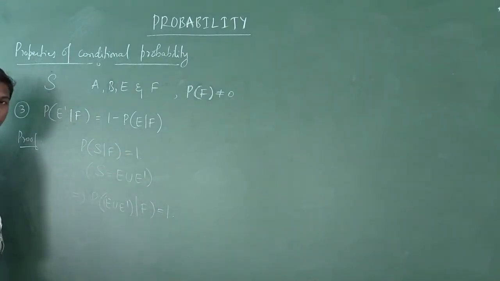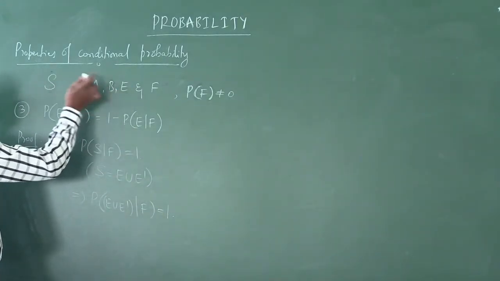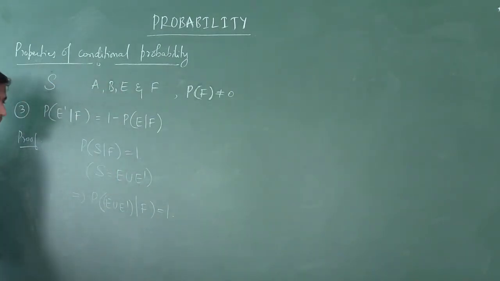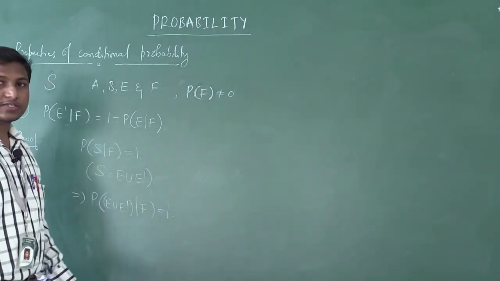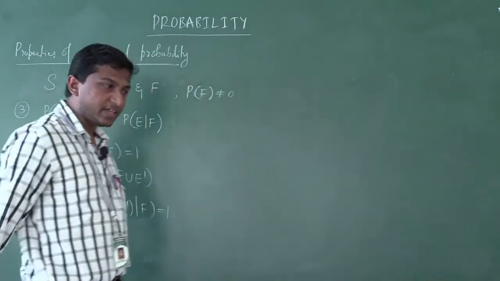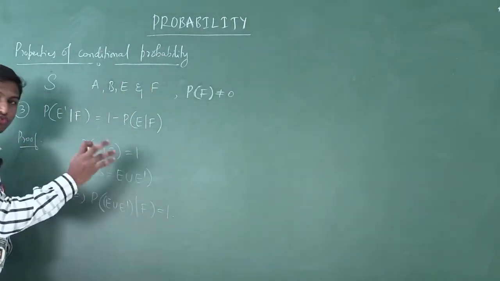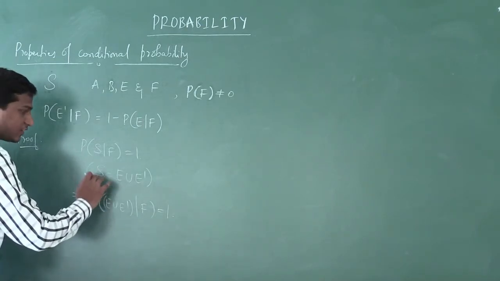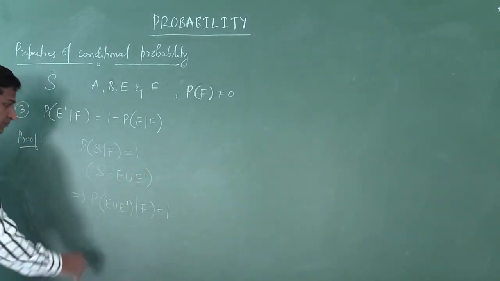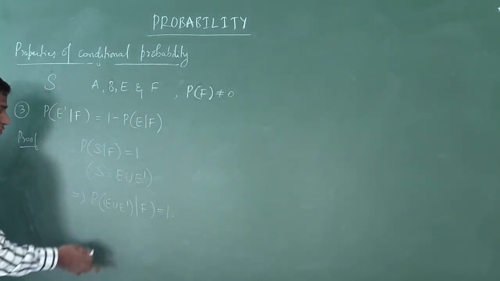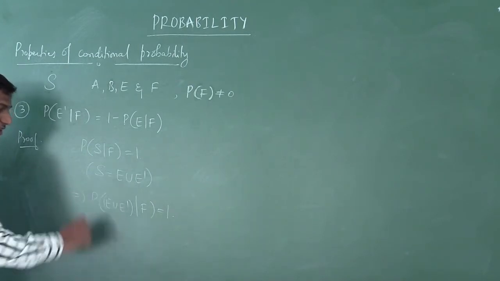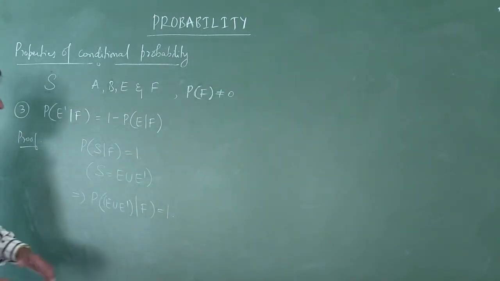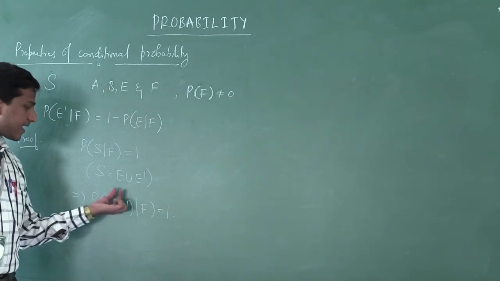But what else do we know? E is an event of sample space S, meaning it is a subset of the sample space S. What is event E dash? It is the complementary event of event E. So is the union of these two events the whole sample space S? Yes, it is also true. So S equals E union E dash. What I have done is, in the place of S, we have written P of E union E dash bar F equals 1. Now, moving forward, it is also true that E and E dash